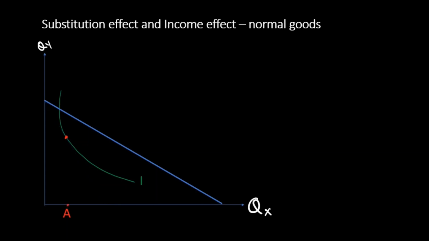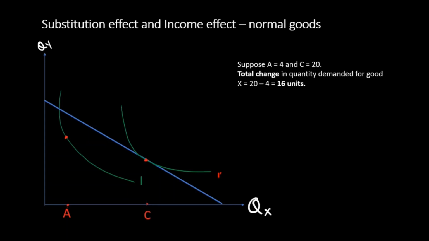And then I have a new indifference curve I dash and a new point of tangency between my new indifference curve and the new budget line. Let me pull that down. So now I have another point C on the x-axis. This means because the price of good X has decreased, I am buying a higher quantity of good X.